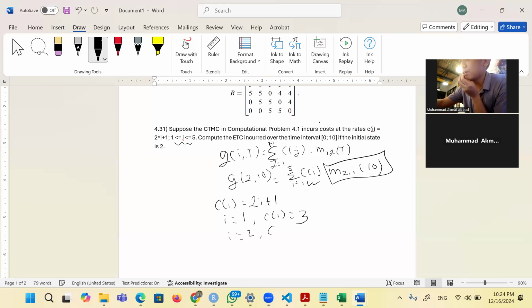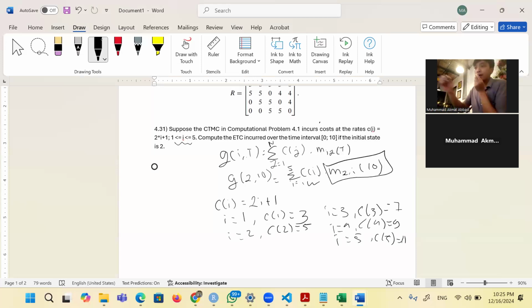If i is 2, C2 is 5, and so on. If i is 3, C3 is 7. If i is 4, C4 is 9. And if i equals 5, then C5 is 11. So here we get C_i for every state.